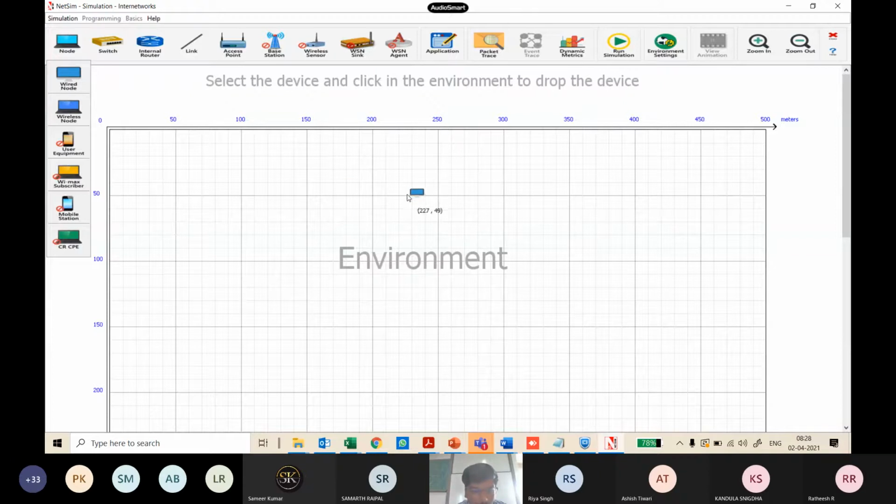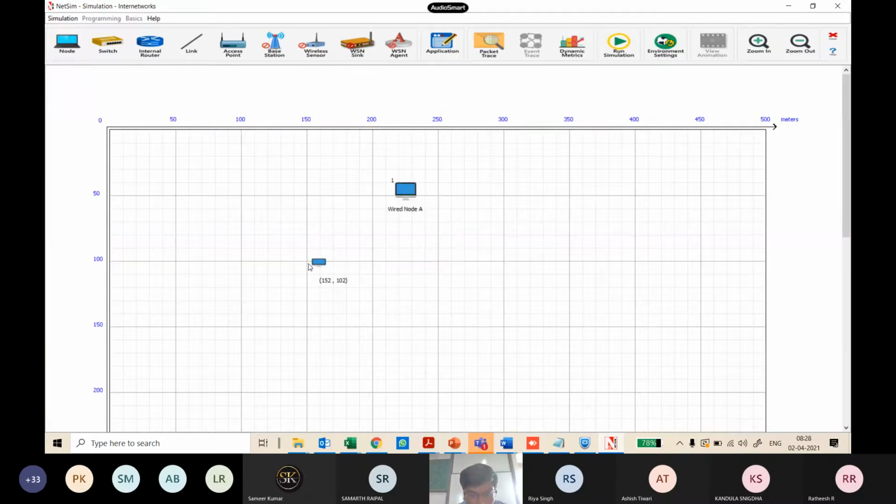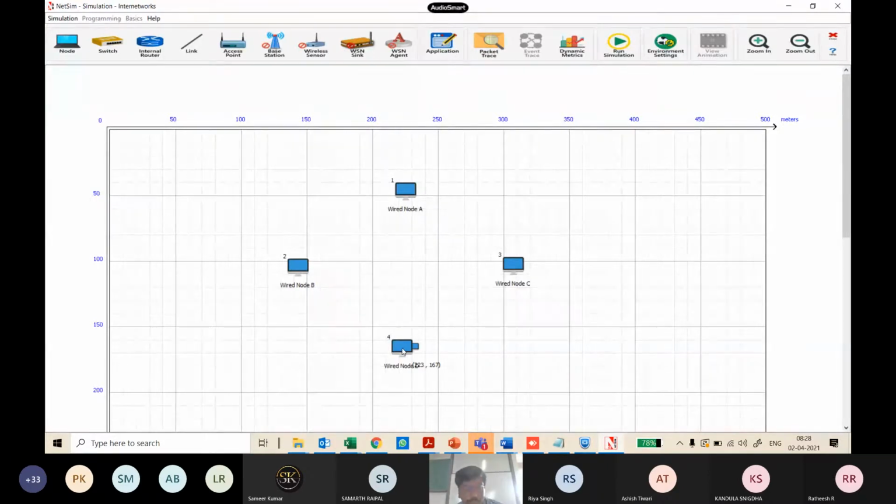As simple as that. I'm going to just click once, 2, 3, 4, wherever I want, right? And at whatever coordinates you're placing, it gets recorded. So you just click and drop it. And if you want to stop placing the device, press the escape button.